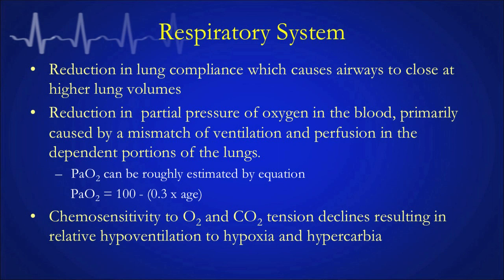mismatch of ventilation and perfusion in the dependent portions of the lungs, because in the dependent portion of the lung, the airways close, but the blood is still circulating, so there is ventilation perfusion mismatch. And you can roughly calculate the PaO2 by the formula. I have it here. In addition to that we also know that chemosensitivity to oxygen and carbon dioxide tension declines,